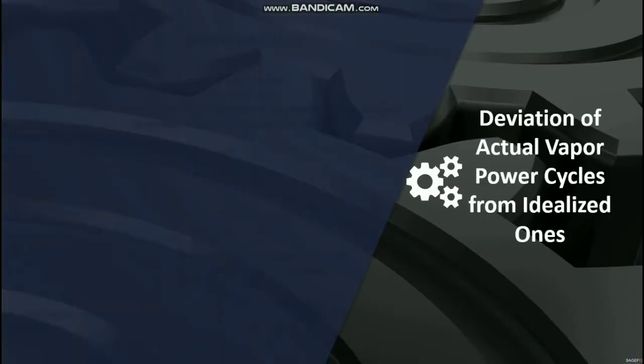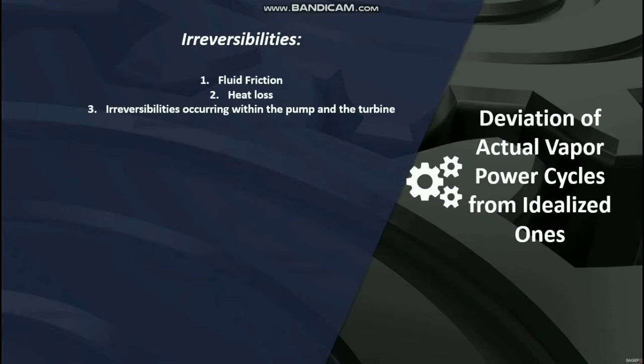In actual vapor power cycles, there are irreversibilities. No steam power plants operate at 100% efficiency. That's why there are deviations of actual vapor power cycles from idealized ones. These irreversibilities come from fluid friction, heat loss, and irreversibilities occurring within the pump and the turbine, or the non-isentropic compression and expansion. For the pump,